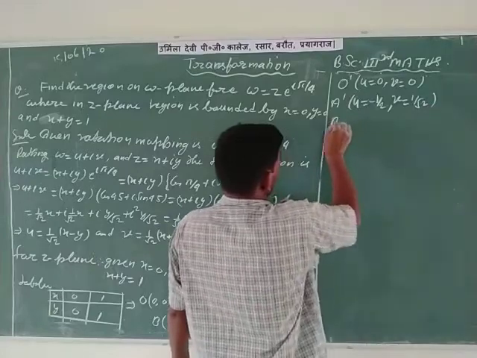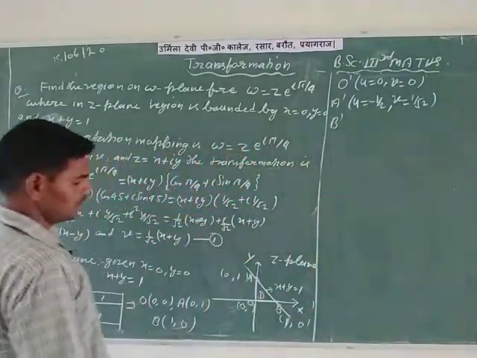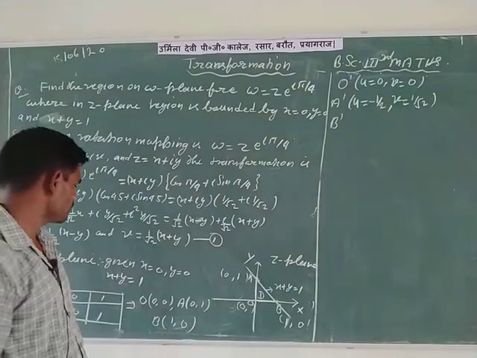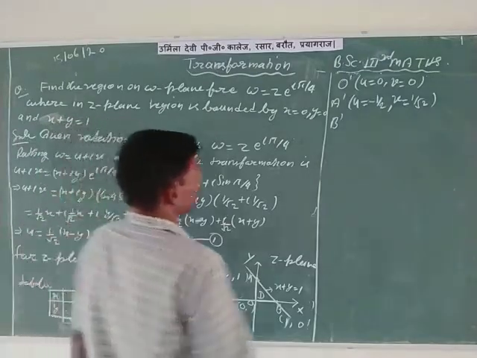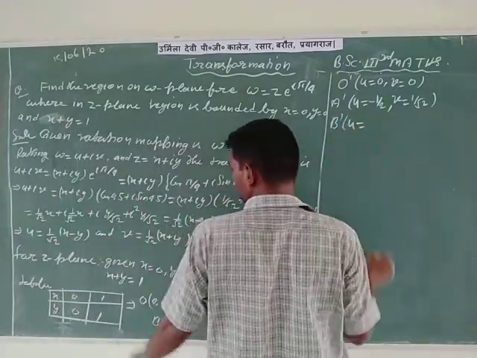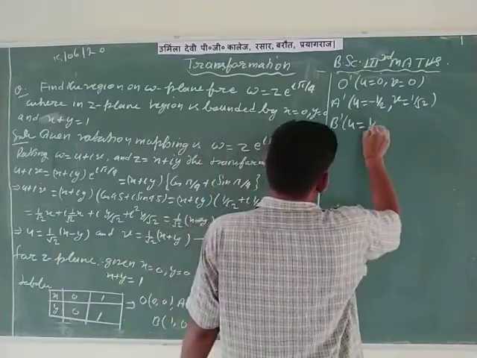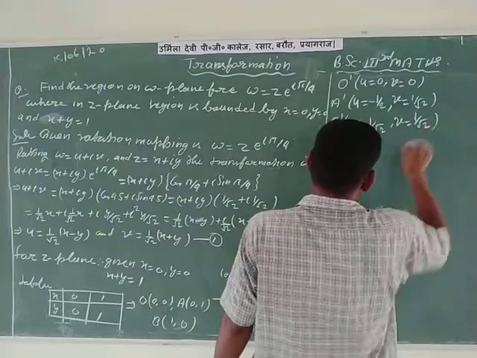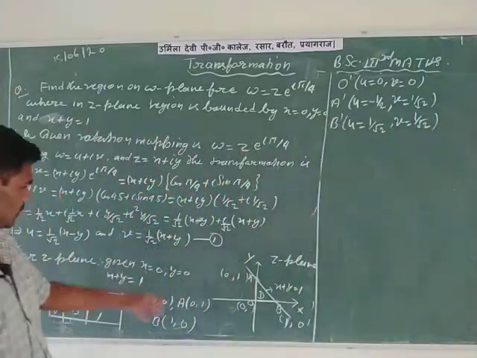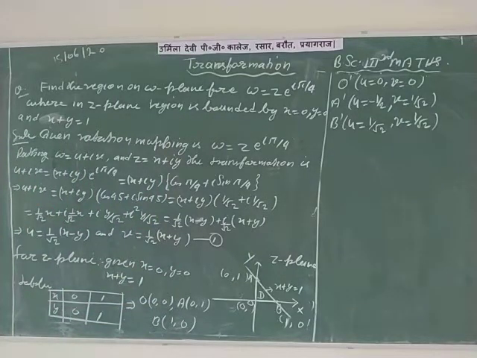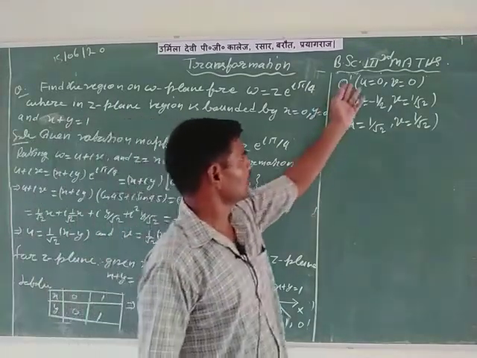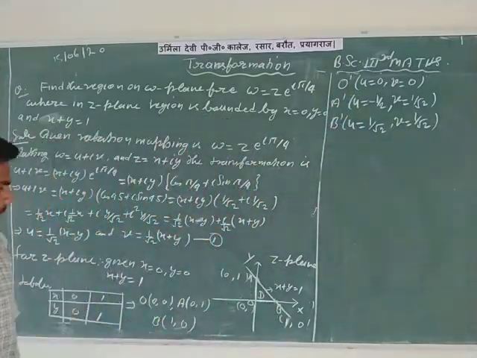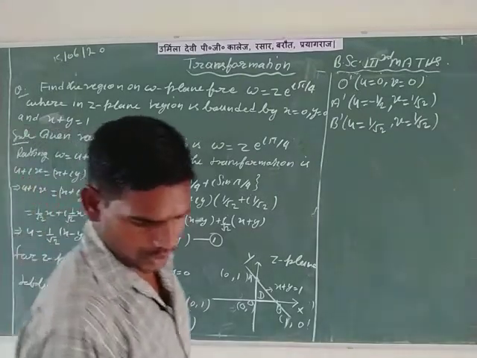At last, the capital B dash point corresponding to the point capital B. For this, putting x is equal to 1 and y is equal to 0. So x is equal to 1, then u is equal to 1 by under root 2 and v is equal to 1 by under root 2. With y equal to 0, we get 1 by under root 2 and 1 by under root 2. These 3 points O dash, A dash, B dash correspond to the points capital O, capital A, capital B in